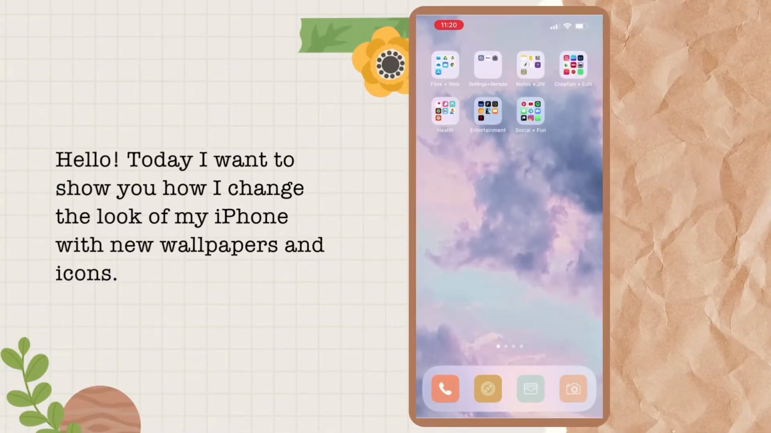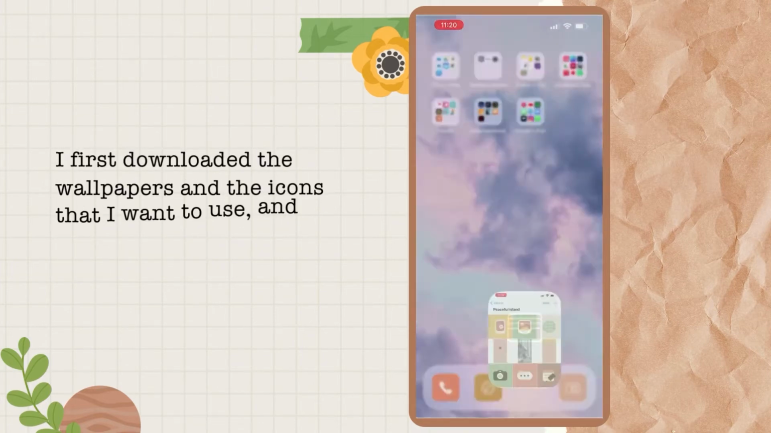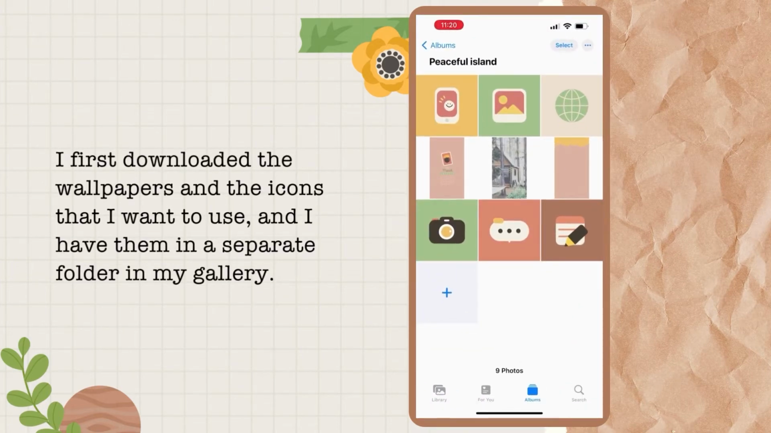Hello, today I want to show you how I changed the look of my iPhone with new wallpapers and icons. I first downloaded the wallpapers and the icons that I want to use, and I have them in a separate